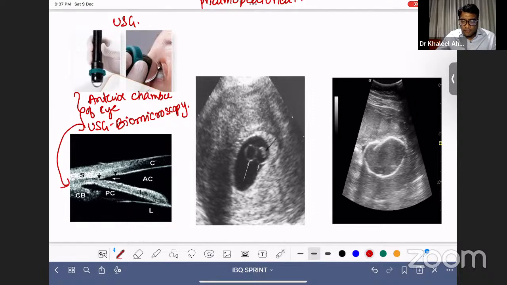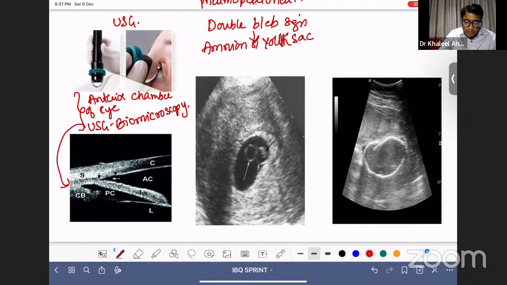This is ultrasound biomicroscopy. And where do you see this double bleb sign? Double bleb sign having two small bubbles there. One is made up of amnion and the other is made up of yolk sac. Amnion and yolk sac. What do you think is this? This is a true gestational sac. A true gestational sac will show you this double bleb sign made up of two blebs,